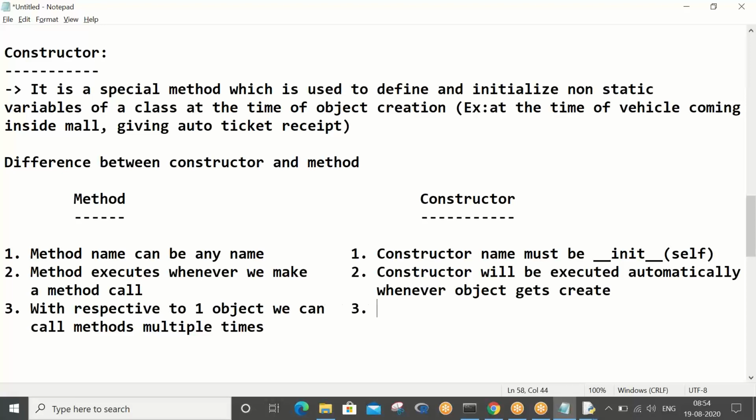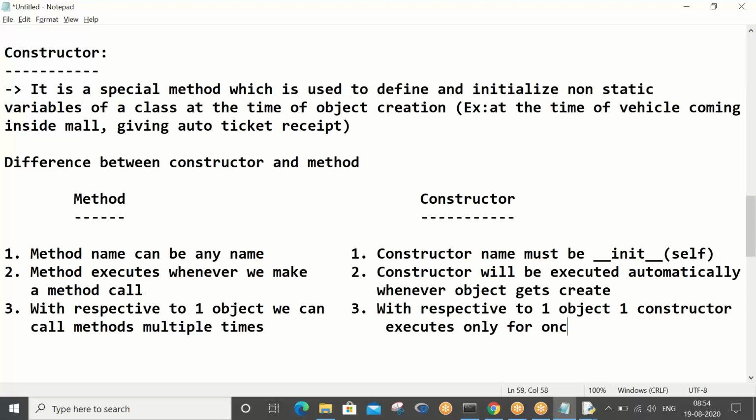But in terms of a constructor, it will execute only once with respect to one object. One constructor executes only once.